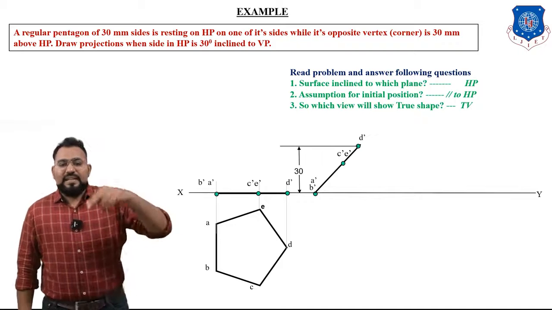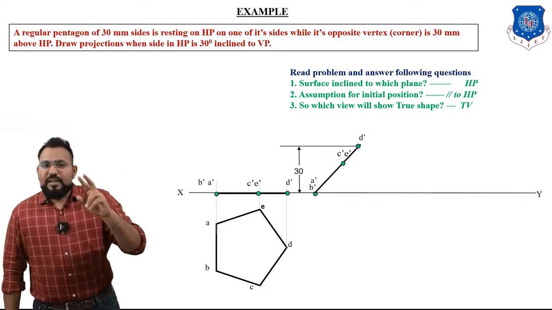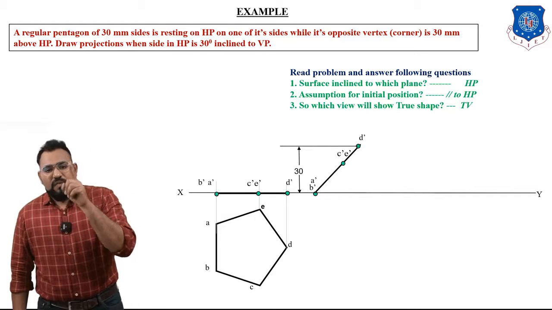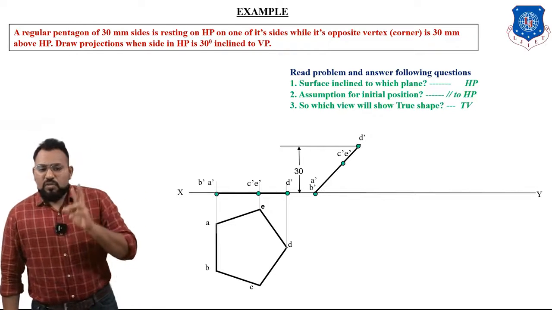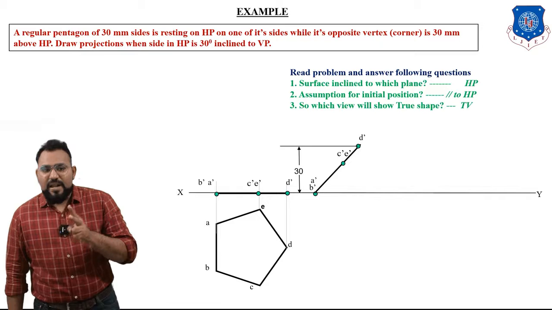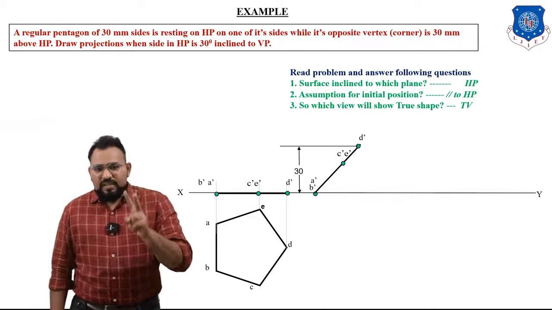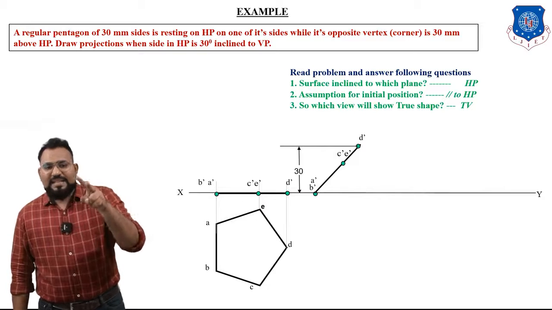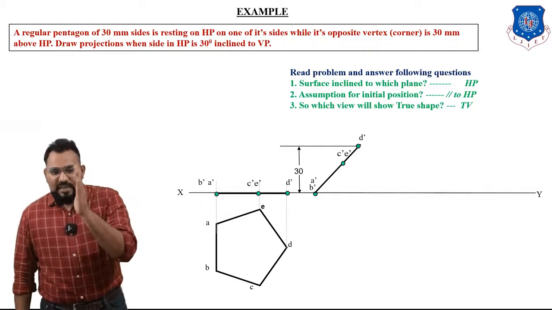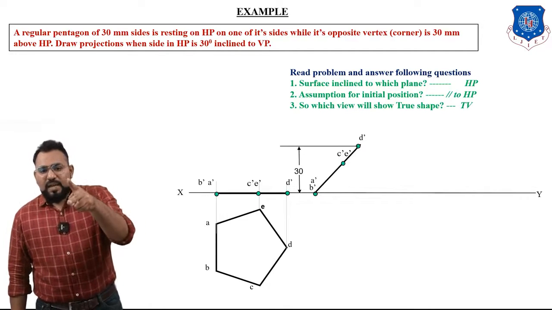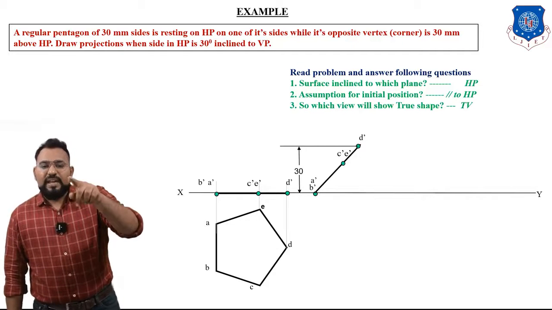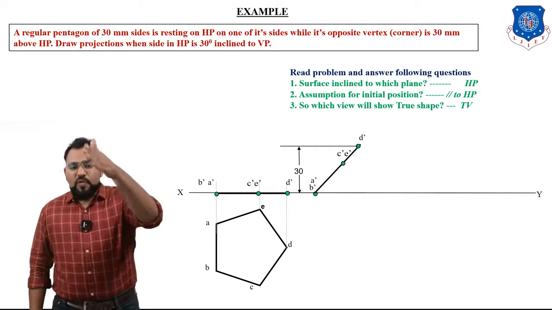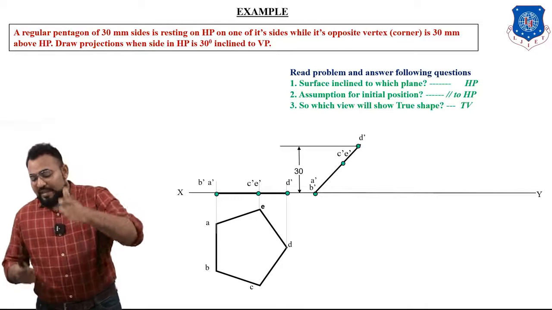To get the point C dash, E dash, again you know that whatever the dimension of the front view in first stage, the same dimension of the front view will be in the second stage. So now we take a divider, go to the front view of the first stage, and take a dimension equal to A dash B dash to C dash E dash. Now come to the second stage, see the front view. Now with A dash B dash as a center, put an arc on the line connecting A dash B dash and D dash, and wherever it intersects it will be point C dash, E dash. So this is how you can get the front view of the second stage.